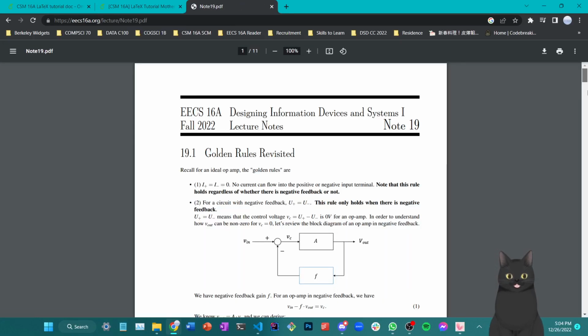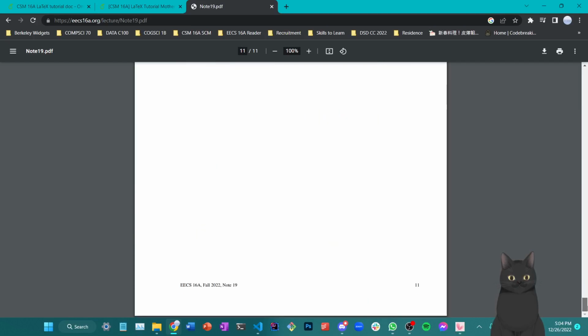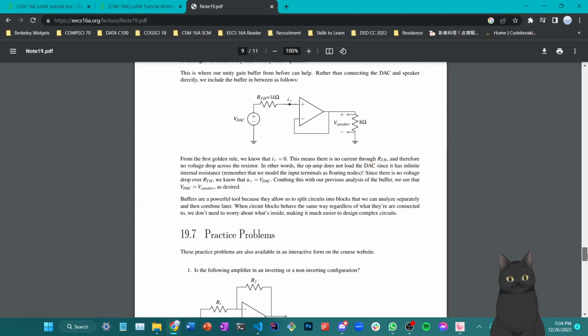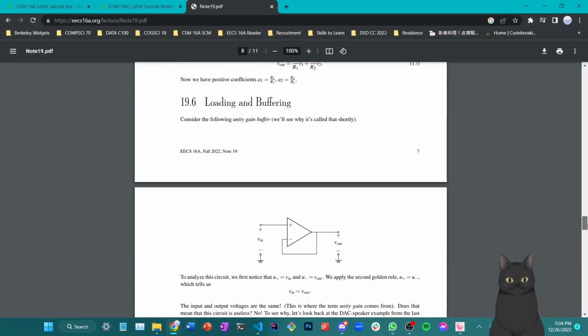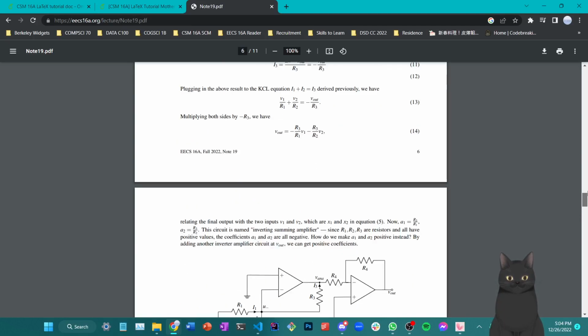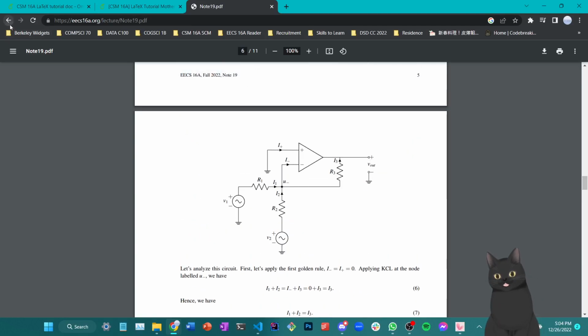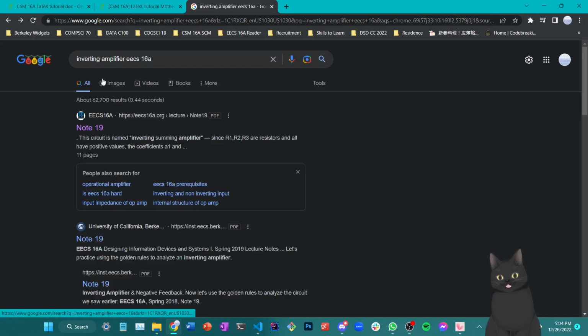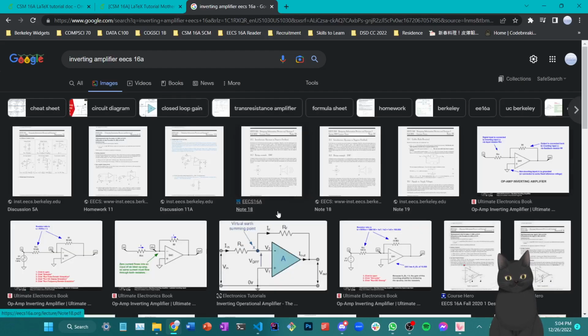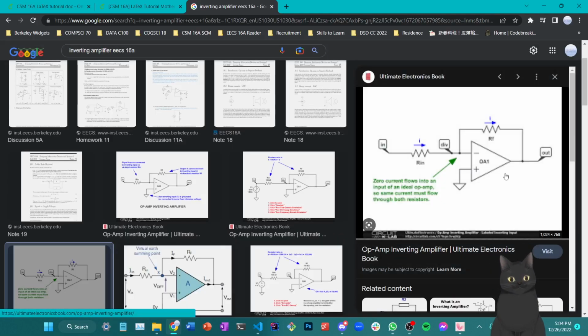Let me show you what an inverting amplifier looks like, just in case you have forgotten everything in 16A, just like what people usually think they do. Well, let's just search up Google Images and hope nothing cursed comes out. This one should work. Okay, so this is what an inverting amplifier looks like. And we're going to try to create this circuit